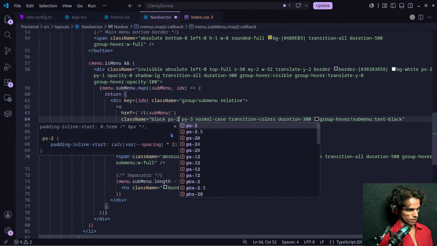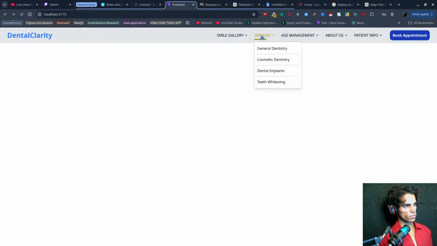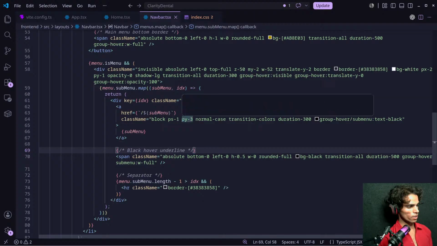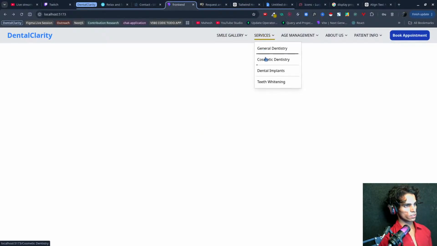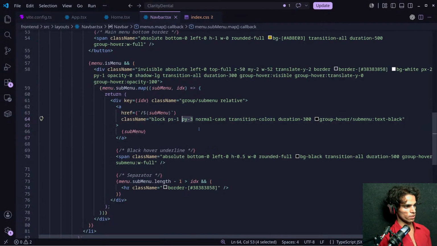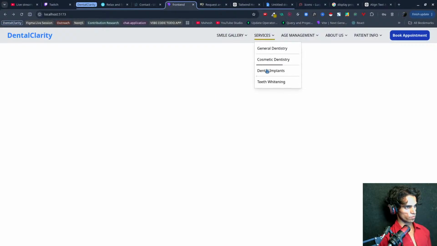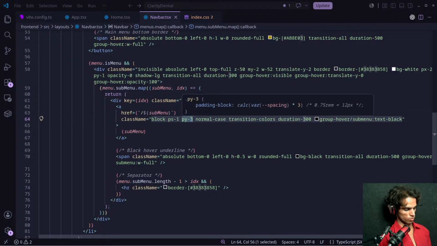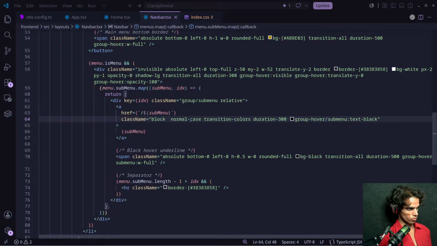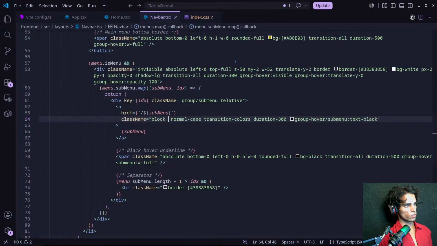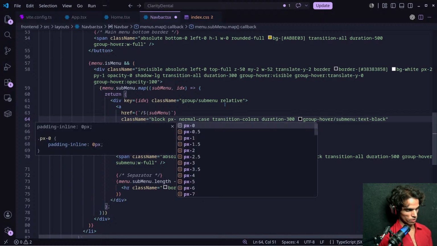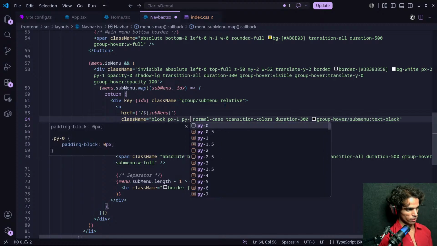So padding start would be 1, and py is 3. I would like to remove it, but if you don't add it, that's also good, but px will be 1 and py will be 2.